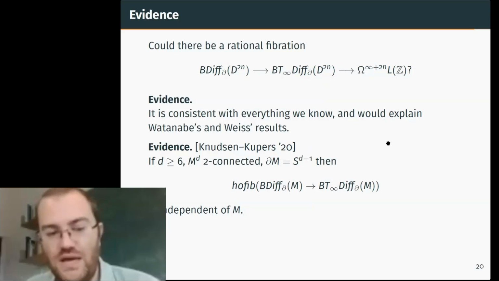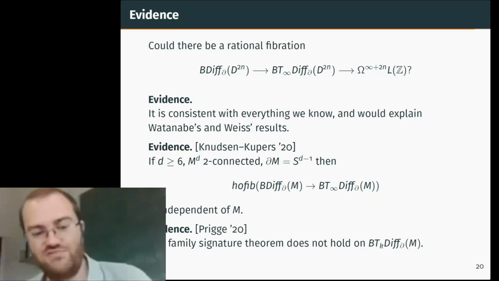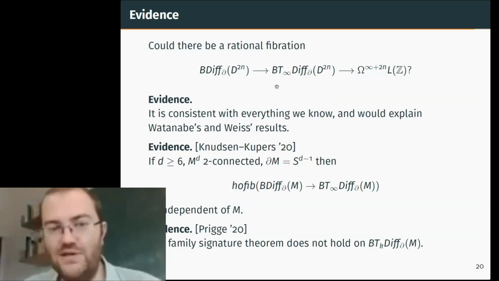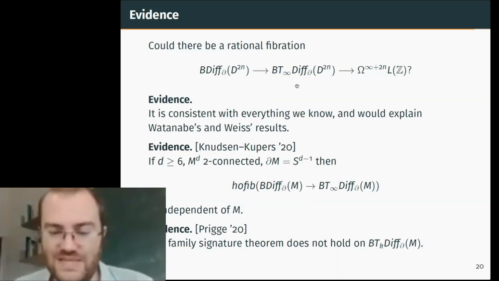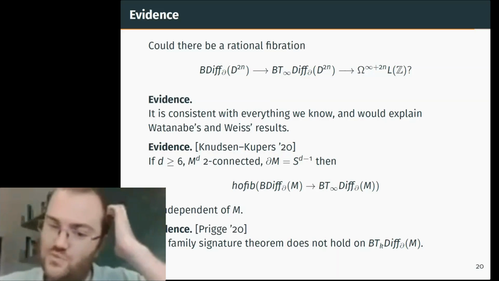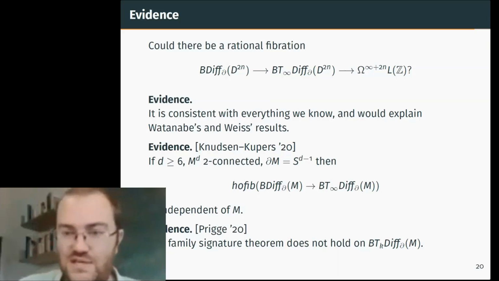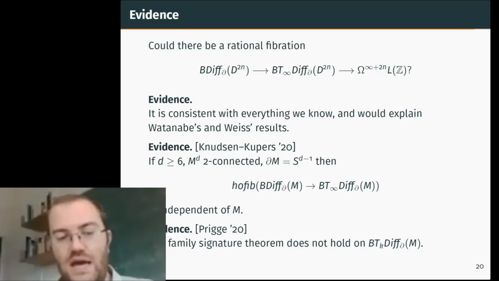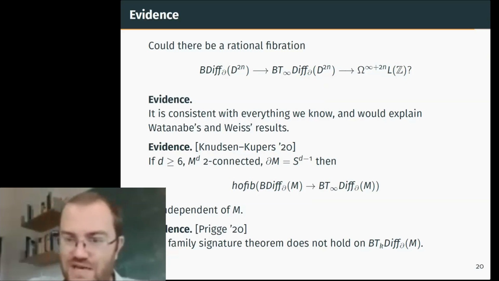And the third piece of evidence is a recent theorem of my PhD student, Niels Prigge, who has proved that the family version of the signature theorem does not hold on the finite stages of the embedding calculus tower. The family signature theorem is a theorem, and so it does hold, generally, for fiber bundles. It's an analog of the statement of the Hirzebruch signature theorem. Hirzebruch signature theorem says that there are two things, one of a very global nature, which is the signature of the intersection form, and the other of a very local nature, which is the integral over the manifold of the first Pontryagin class, maybe divided by 3, or some polynomial in Pontryagin classes in general.